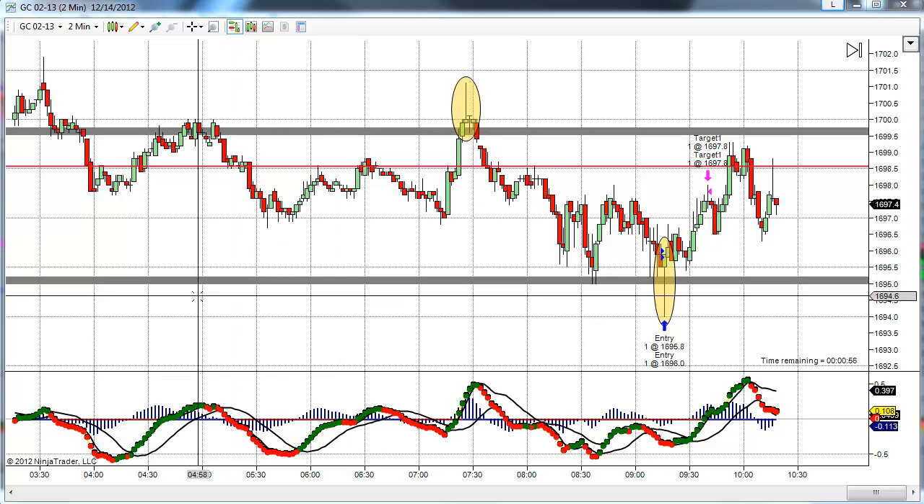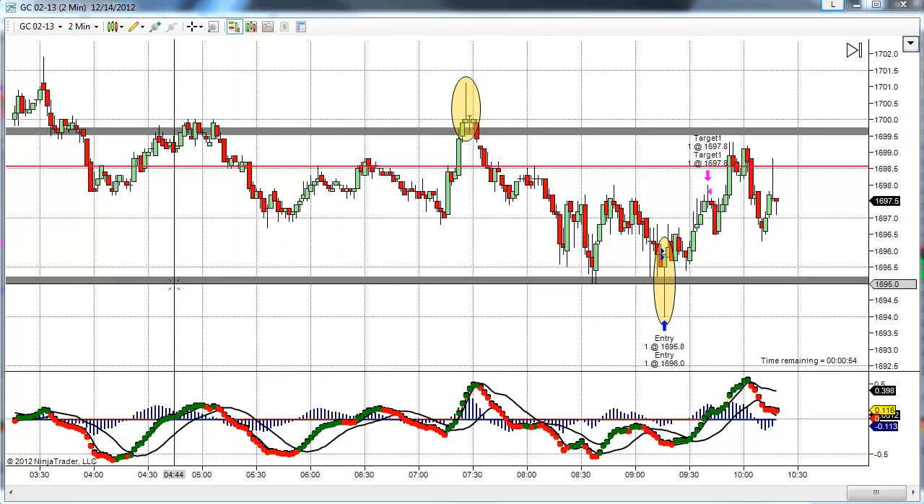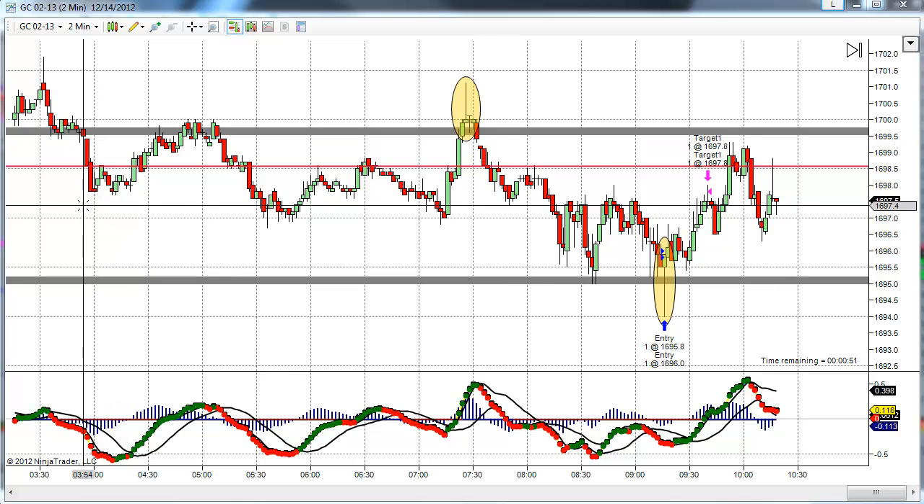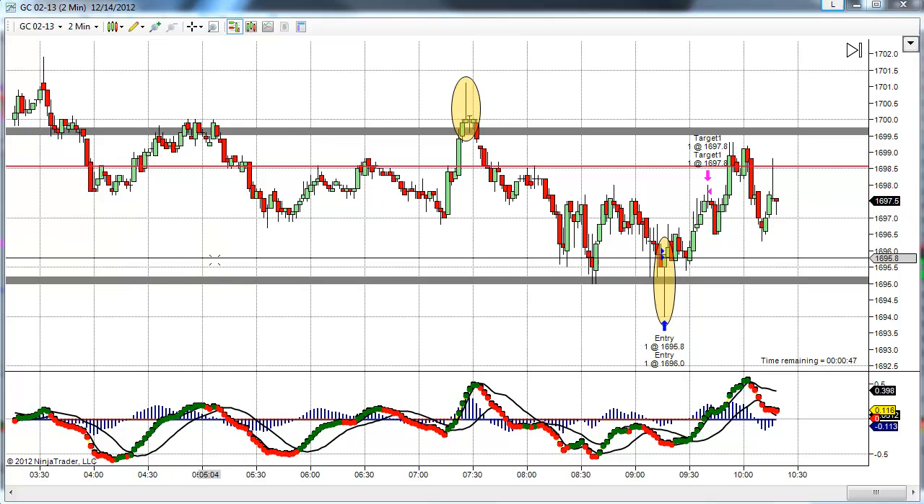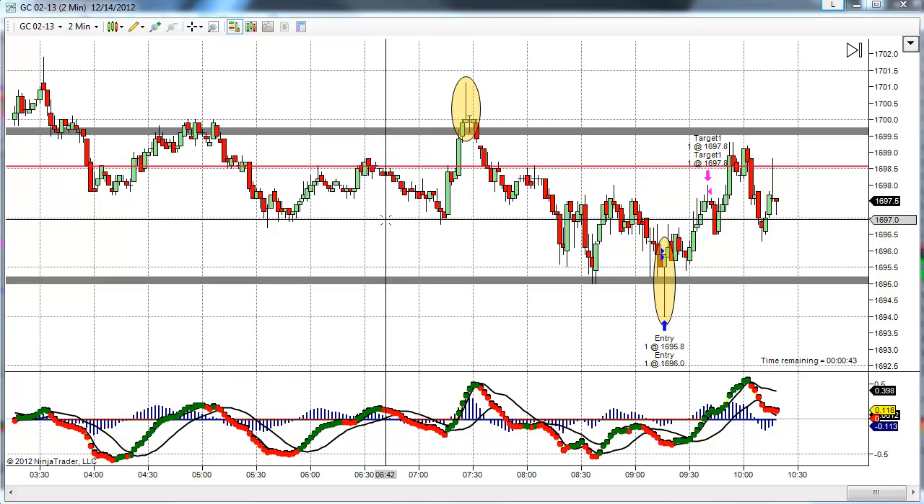around that area. Also had support at 1695, so we had this 5-point channel where the market early on in the session found its way to migrate in between these two areas. Now, once we reached up into the